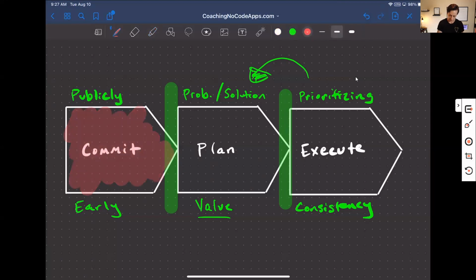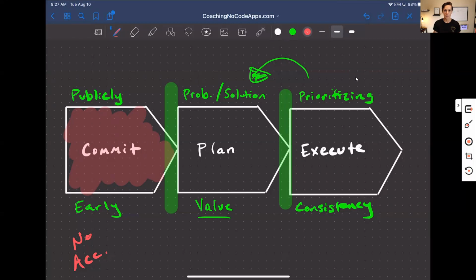If you don't have this, then you're not going to have any accountability, okay? There just won't be any. And if you don't have any hard accountability, meaning people don't know you are going to be putting a solution into users' hands very soon, ideally within the next few months. If people don't know that, then what's going to happen in your head is you're going to give yourself extra time. You're going to say, well, these other things came up and I haven't told anyone I'm launching yet, so let's just push it back another month.